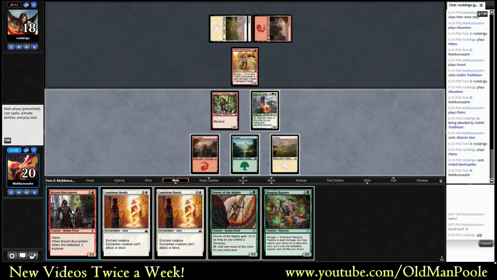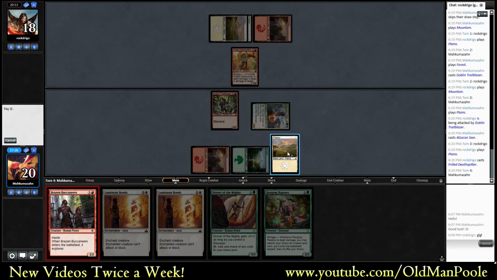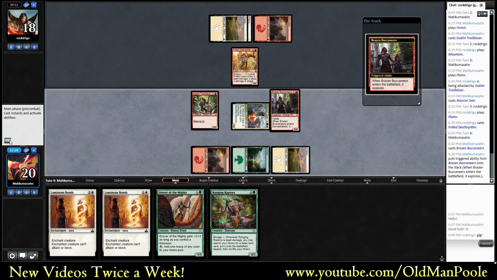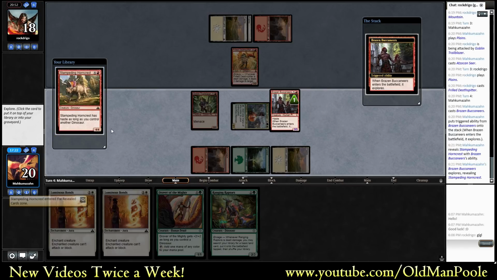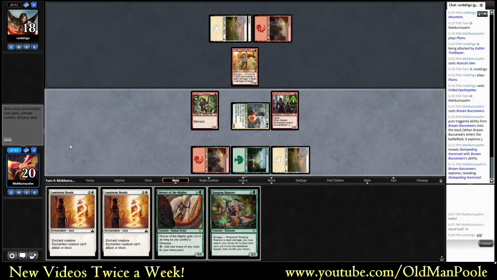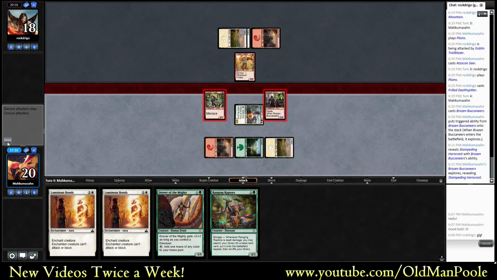I think that the Buccaneer swing is good. I don't want to trade the Seer away, so using the mana here doesn't really cost us. And I'm actually kind of hoping to find a land. Horncrest, huh? I guess we keep that on top. We'll swing with both. I think my opponent probably will trade, but...